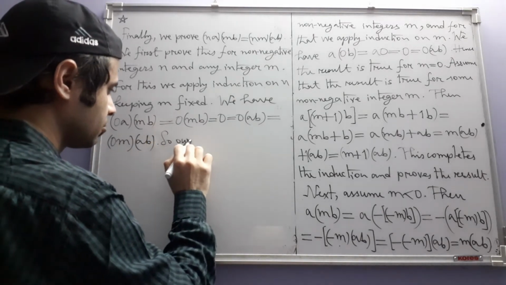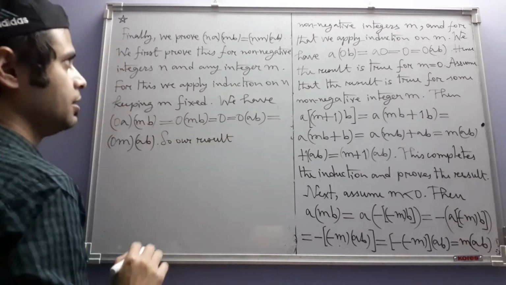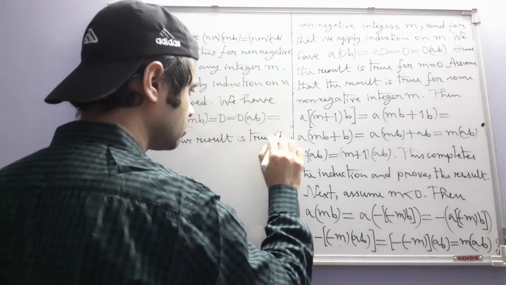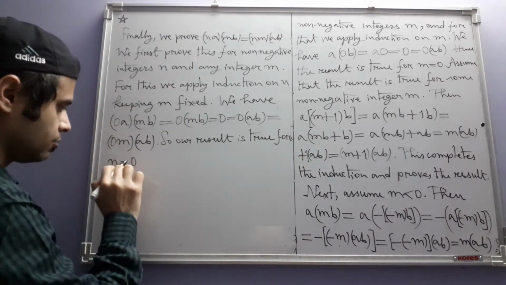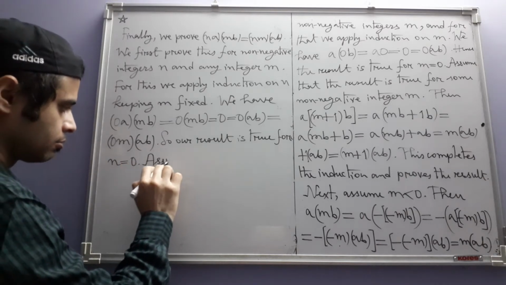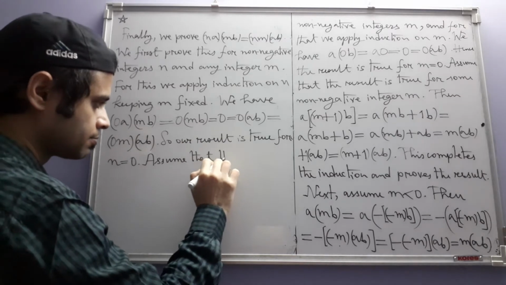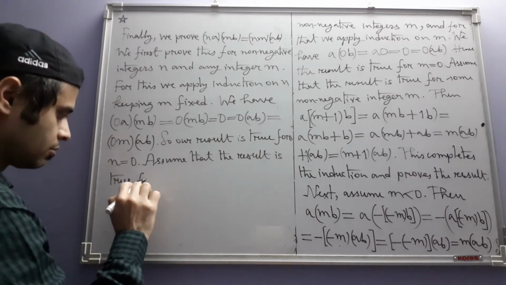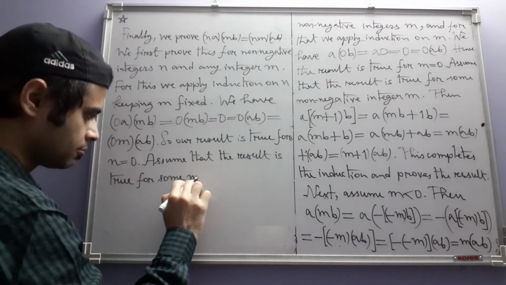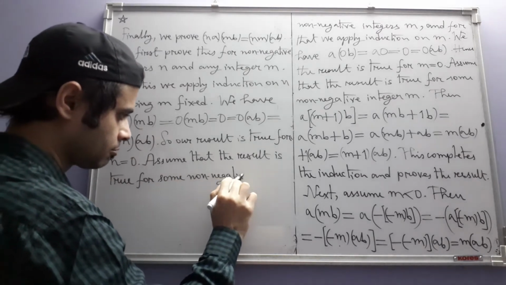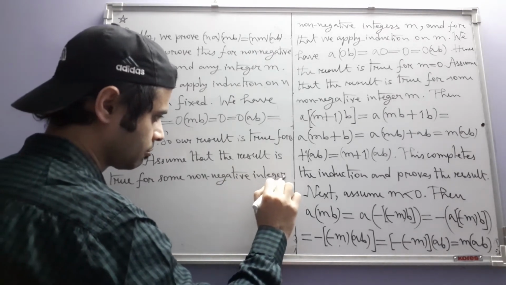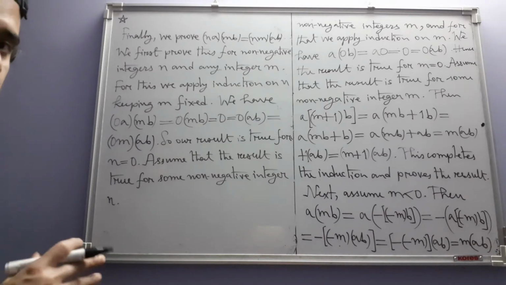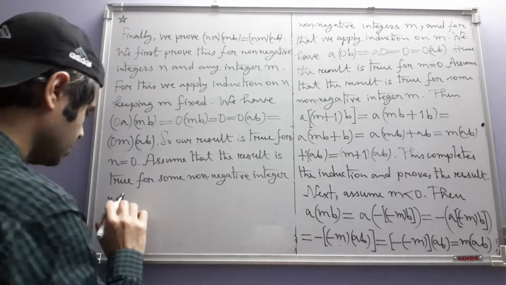So, our result means the current one, that one we have already proved, is true for n equal to 0. Assume that the result is true for some non-negative integer n and any m. Keep that in mind, that m will be there in the background, we are not going to mention that specifically. Okay, then